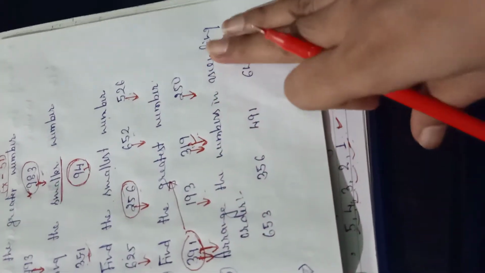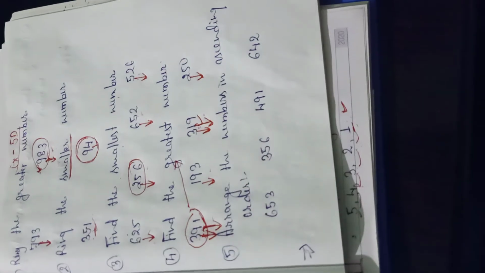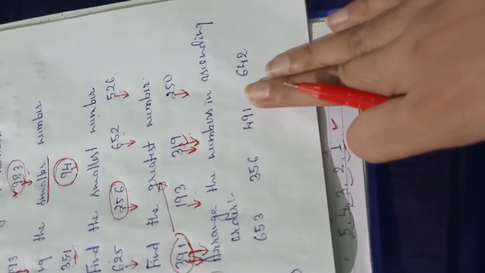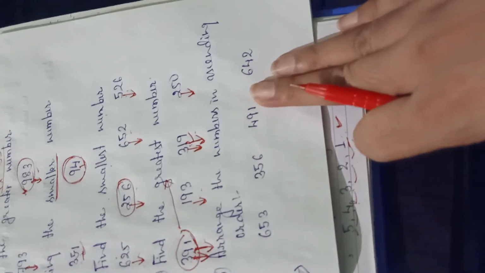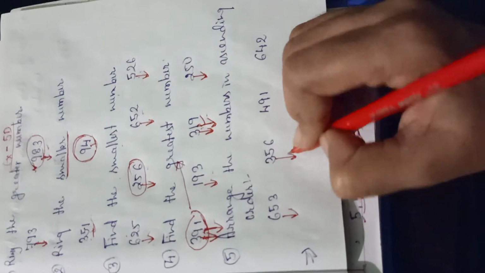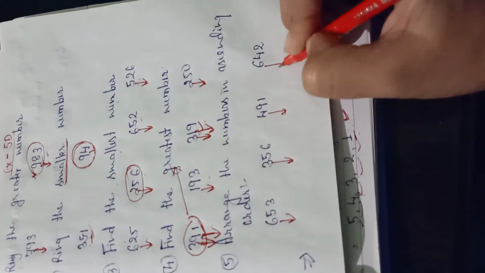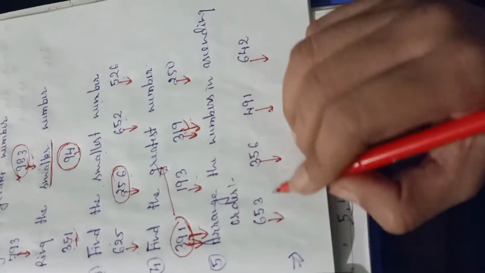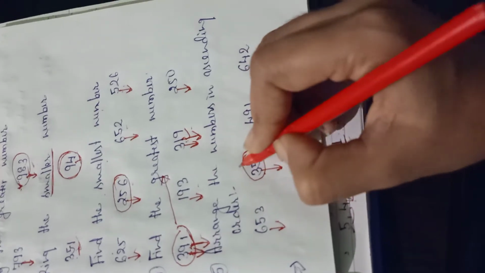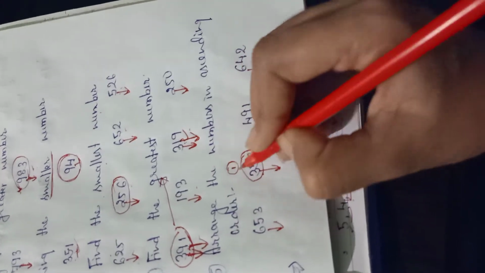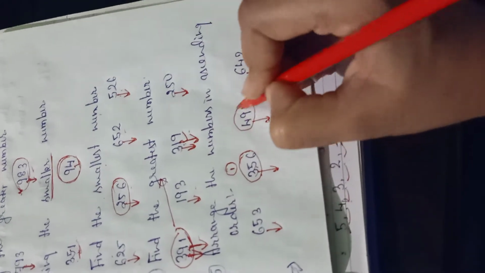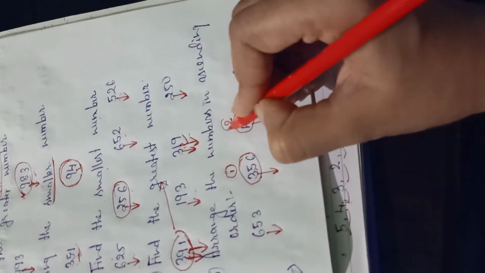So here, arrange the numbers in ascending order. Ascending means smaller to bigger. In these 4 numbers, you have to find out firstly which one is the smallest number. Starting the comparison at the hundreds place value: 6, 3, 4 and 6. Which one is the smallest in these 4 numbers? 3 is the smallest. So it comes first because it is the smallest number. Then after 3, 4 should come second.